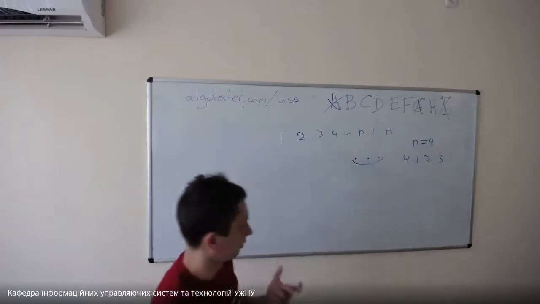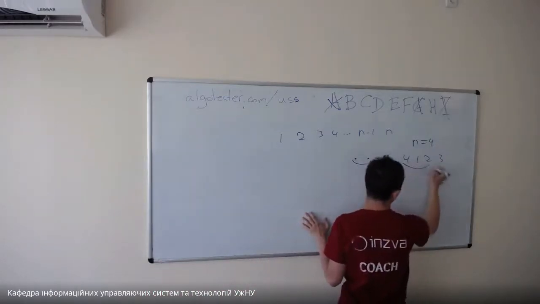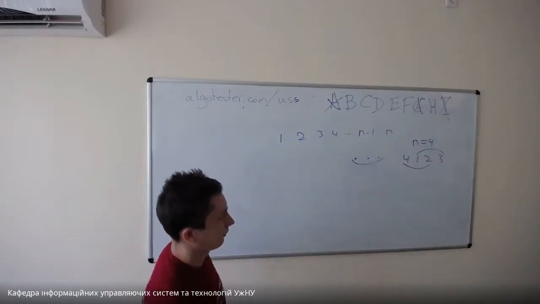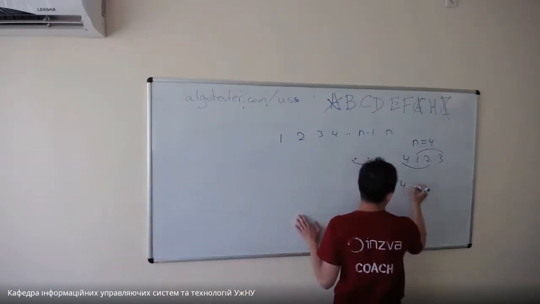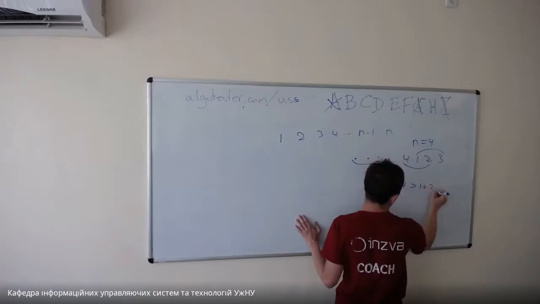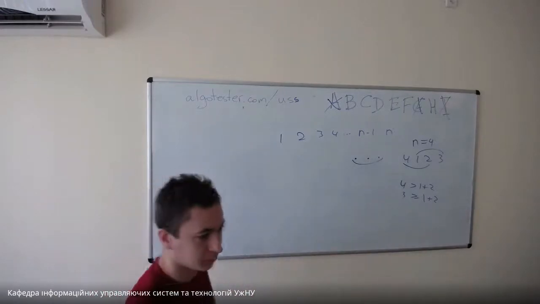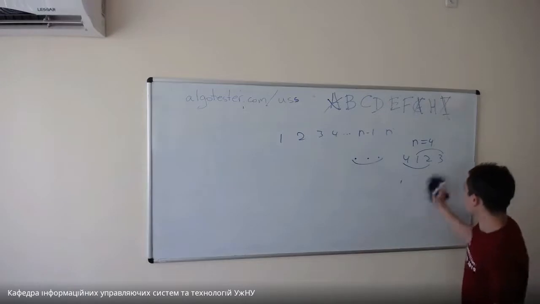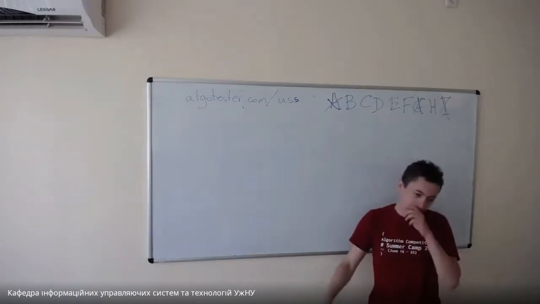There are 2 possible triplets of consecutive segments, 4, 1, 2, and 1, 2, 3. And neither of them constructs a triangle because 4 is larger than 1 plus 2, and 3 is larger than or equal to 1 plus 2. Okay, so basically the solution for this problem is just a simple pattern that you could have come up with